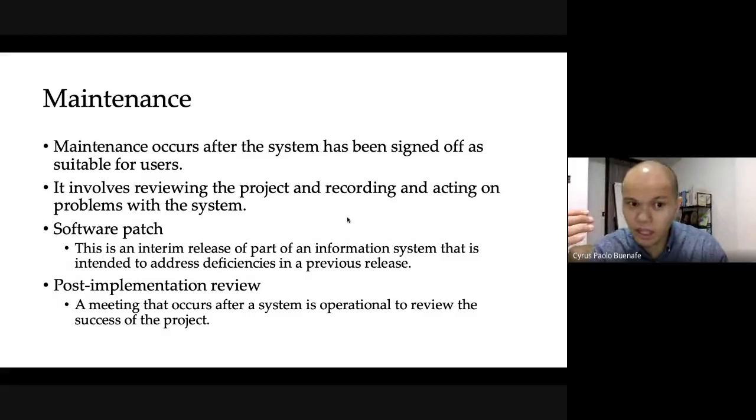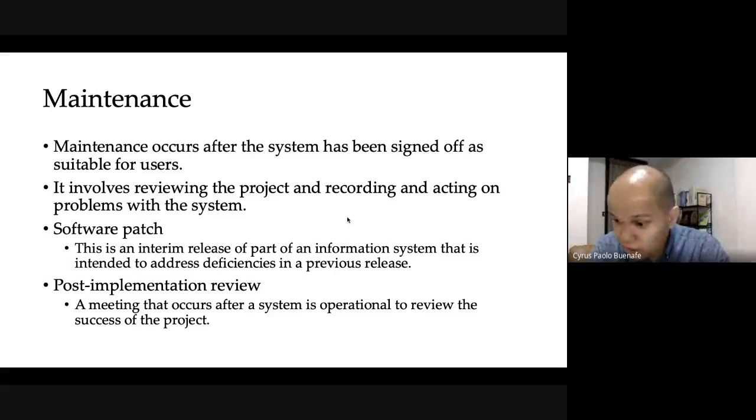Other people would sometimes use the term hypercare. So that's also another term that's being used. Hypercare typically happens after the cutover. So once you're done with everything and everybody has signed it off, you're still there. Those are those few days just immediately after the cutover that you need to be on standby. You probably need to be alert. But also in maintenance, this is also the period where you need to do your post-mortem.